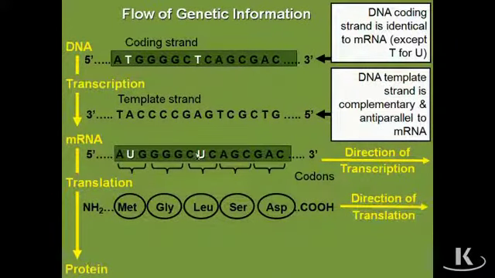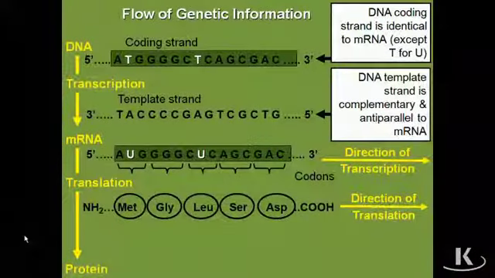Where there was a T here, there's now a U. So the coding sequence of DNA reads exactly like the messenger RNA from 5' to 3', except the T's are replaced with U's. Okay, now if you're assuming that you're in a eukaryotic cell, this messenger RNA is going to leave the nucleus,